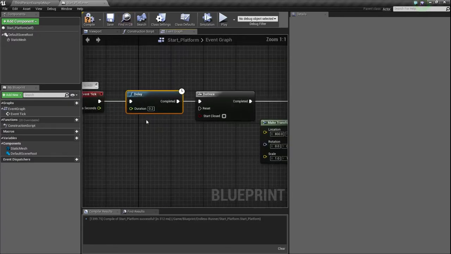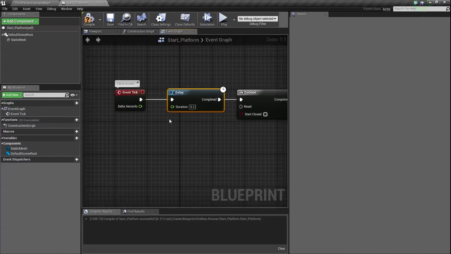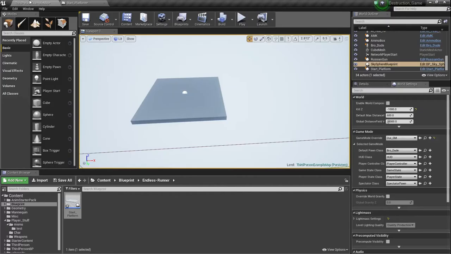Now, by default, it's 0.02, and ironically, that's exactly what we want. I thought 0.02 was a little too quick, and so I tried 1, way too slow and very visible. 0.5 was still slow and very visible. 4 and 3, 4 was still slow and visible. 3 was much less so, and 2 seemed to be perfect. So if we play now,